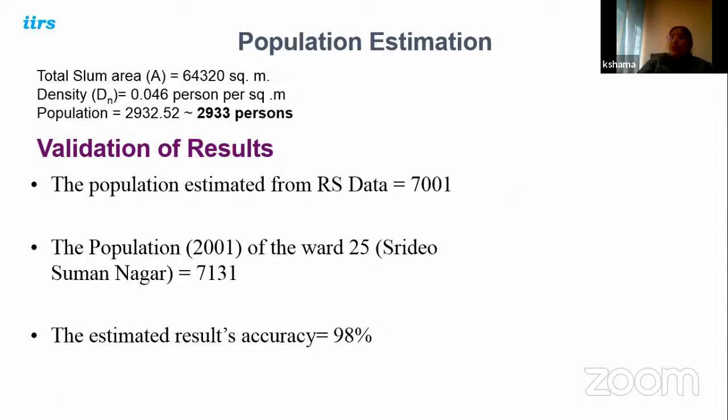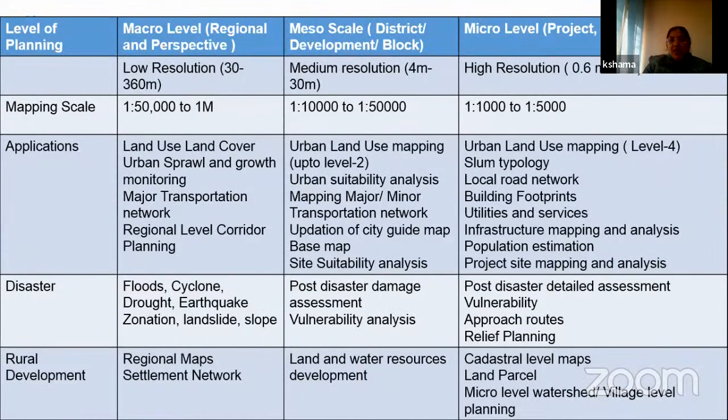This area had a lot of planned development, so it was easy. But if it doesn't have planned development, your accuracy may vary. But you can easily estimate the population, like intercensal population, which is sometimes very much required for your infrastructure project. So this kind of population estimation can be carried out.